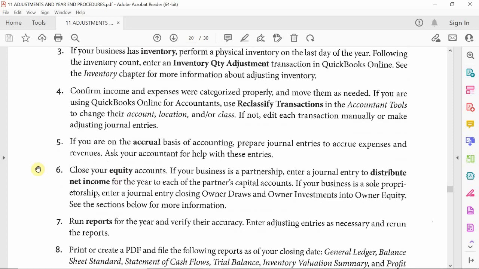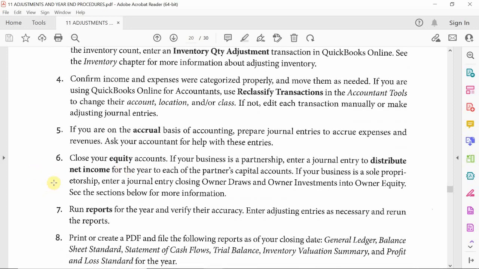Okay. And then number 6 is going to be closing out your equity. So that's what I was talking about earlier. You need to establish what kind of business you are. In this case, we're looking at a sole proprietor or small corporation, where we are looking at owner's draw, owner's investments, and owner's equity, right? So we need to go ahead and close out those equity accounts so that when we start out the next